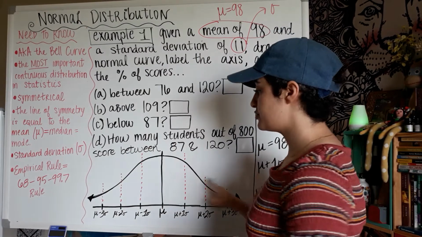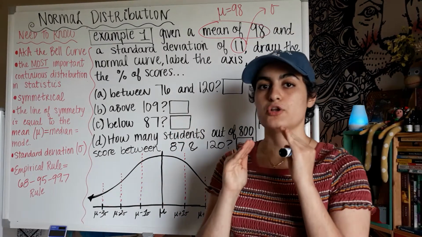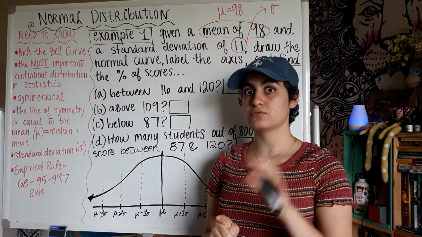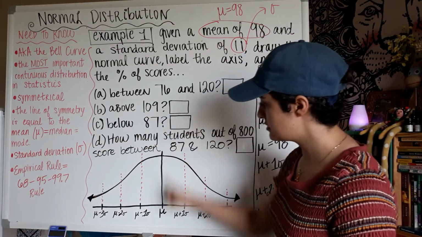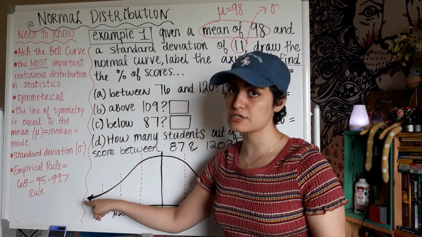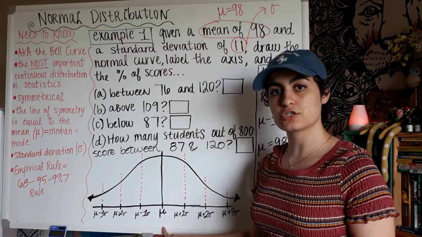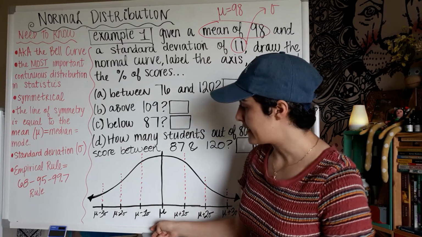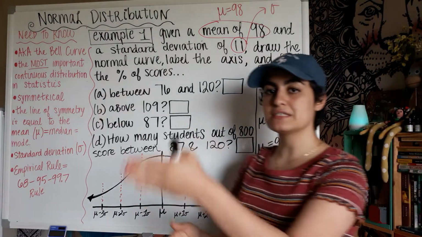And so I went ahead and I drew the graph. This is the setup for every normal distribution problem. If you see the words normal distribution, if you see the word normally distributed, you draw this bell curve. You draw these two axes. You draw a curve that you want to look kind of symmetrical. And you make sure that the line down the center, the line of symmetry, is denoted by mu. Okay? And so there's 1, 2, 3, 4, 5, 6 evenly spaced